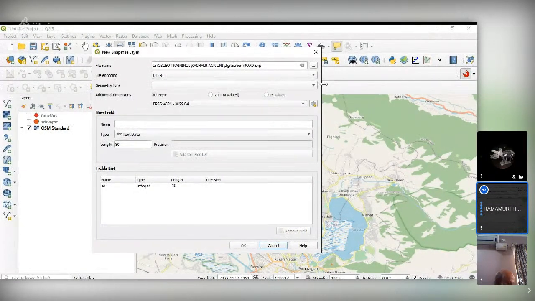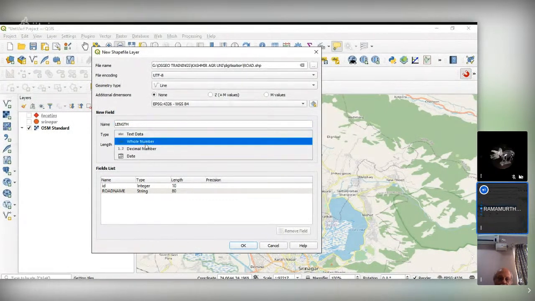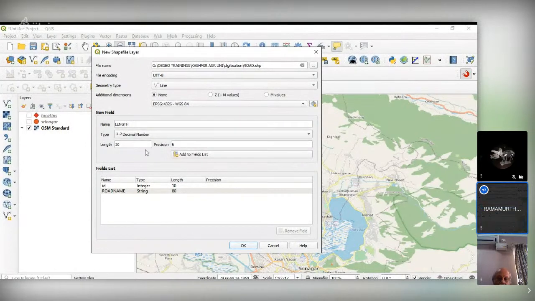And here geometry type is line, and the CRS is same CRS, and name of the field is road name, text field, and add to the list. So one more thing we can add for this, because some dimension is there, so we can add the length of the road. And the length is in a whole number or decimal. We'll make it as a decimal and add to the list and say okay.